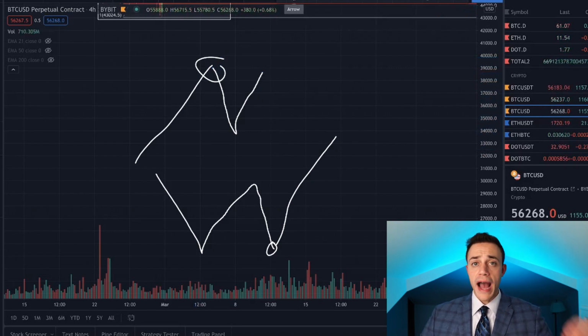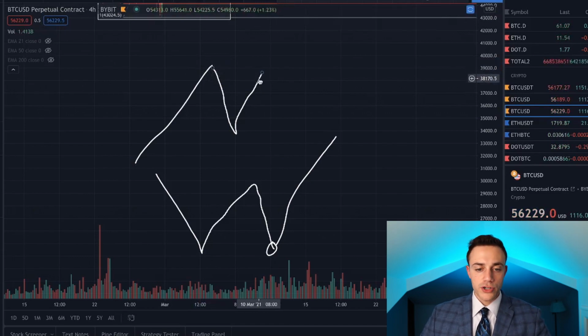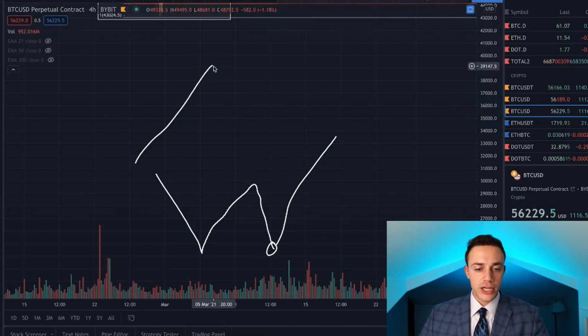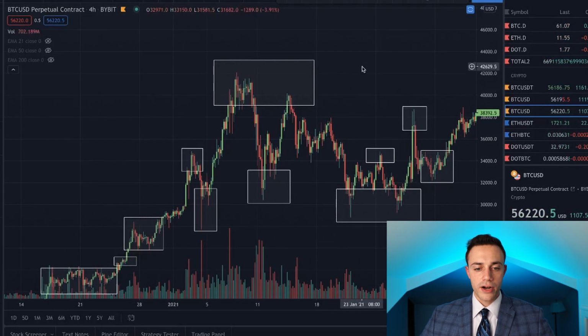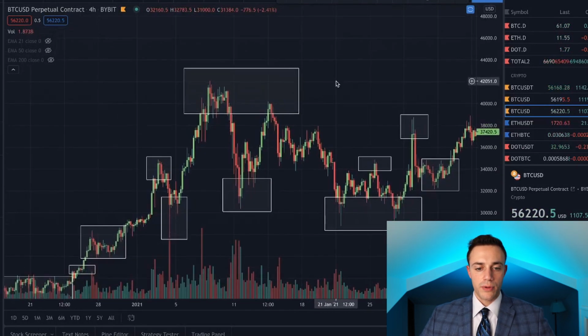They are super powerful. Now I'm going to give you more examples right here in the chart so that you can get a better understanding about this and really learn how to trade it on your own. So let's look right here on the chart. This is a great example because we can see that price rallied up, created a level of supply, created one swing high, then it came down, and then it created a swing low. And then it came up and created another swing high a bit lower, came right into a level of supply,